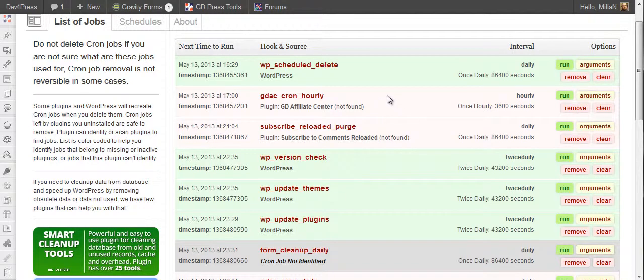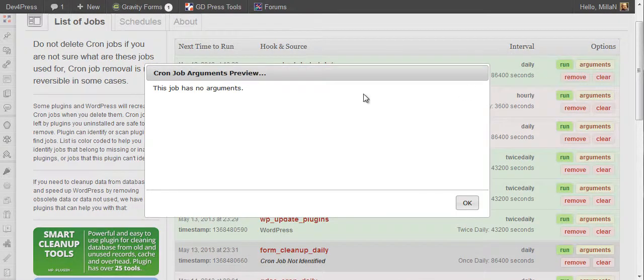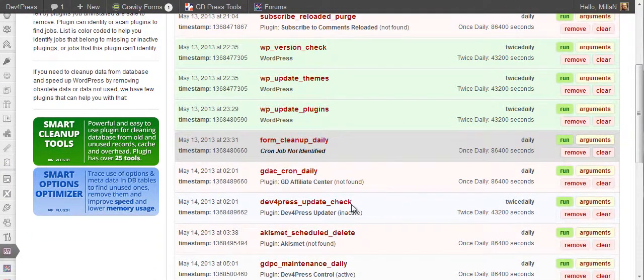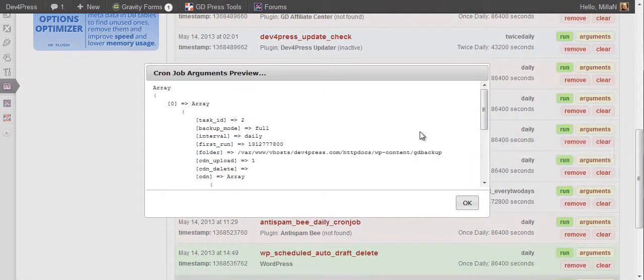Some cron jobs can have execution arguments, and you can see those arguments here. This job has no arguments. Let's see if this one has.